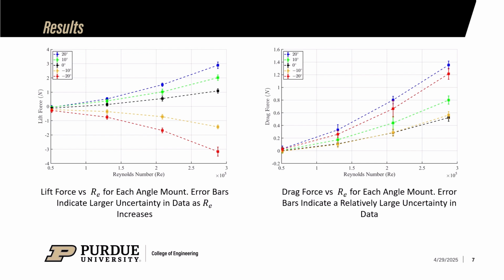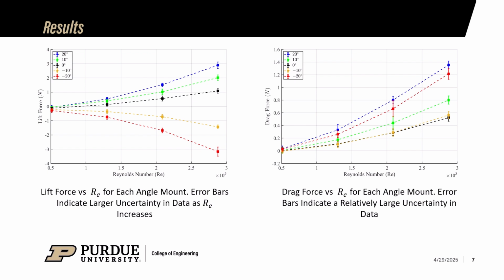As expected, the rockets angled upwards at 10 and 20 degrees had a positive lift force as it was being pulled up off the LVDT, and the rockets with a negative angle were being pushed down into the LVDT, presenting a negative lift. On the right, drag force is displayed, also increasing with Reynolds number as we expect, and instead